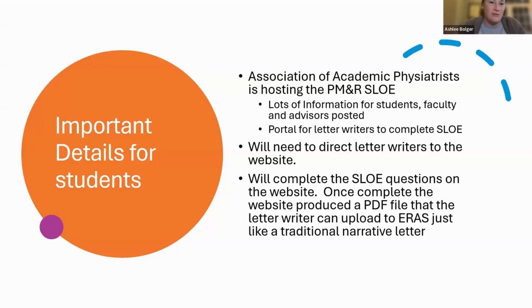We can't, as program directors, just so you guys know, see what you upload into your letter of rec portal. We just see the ones that you push through to our individual program. I also can't see if Dr. Dragojlovic gets certain letters; I don't know that he got certain letters and maybe I got different letters from the same applicant. We can't see any of that. So there might be reasons that something makes a little bit more sense to do that way. But I think, go with your gut instinct. I think, yeah, I agree.